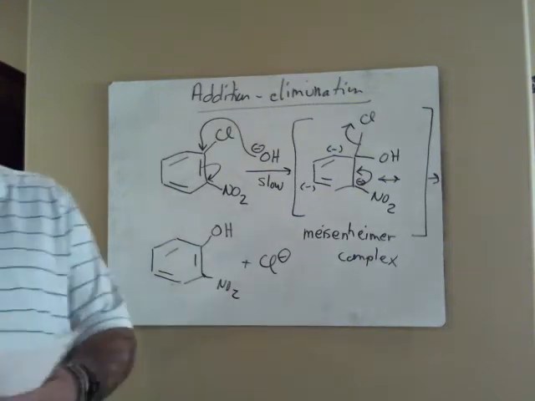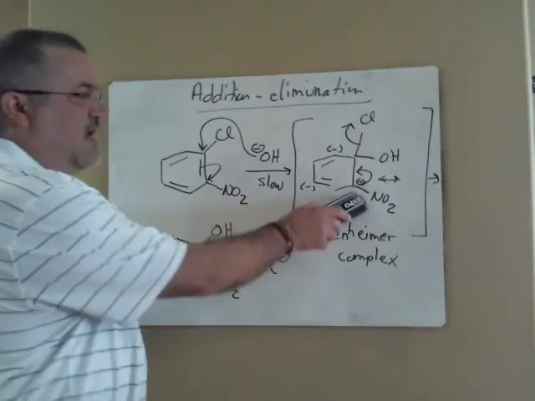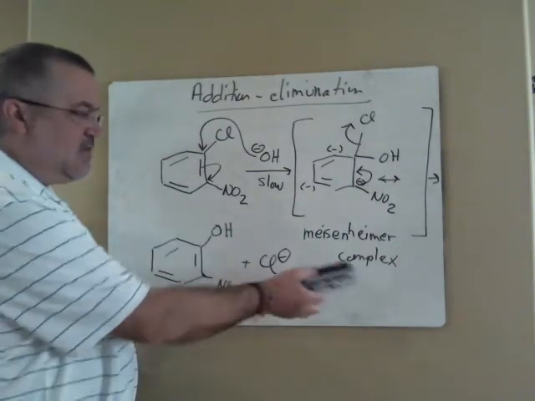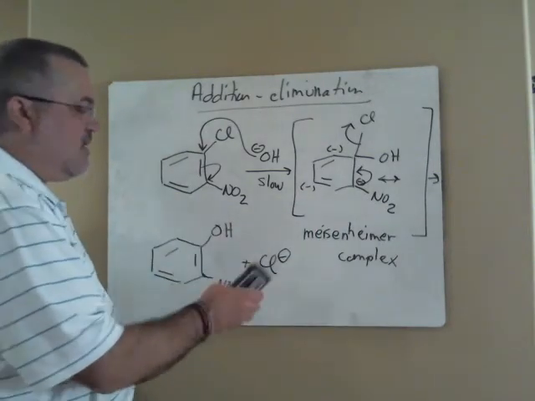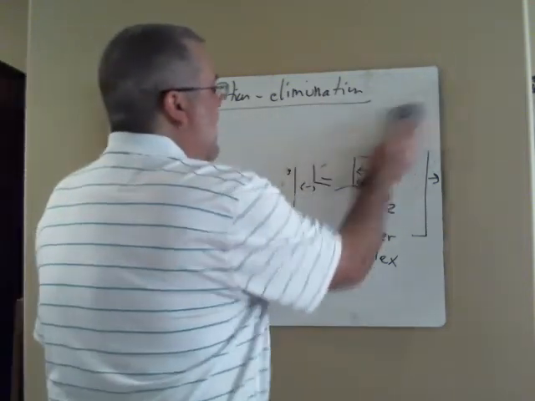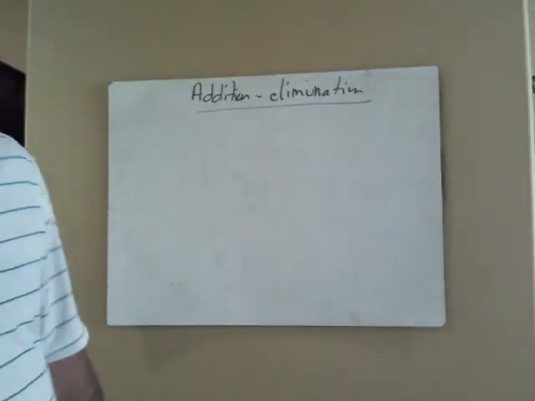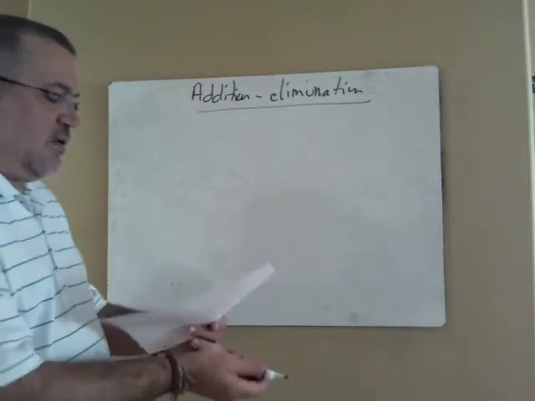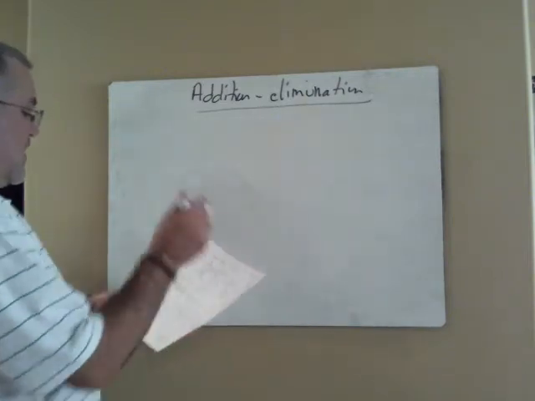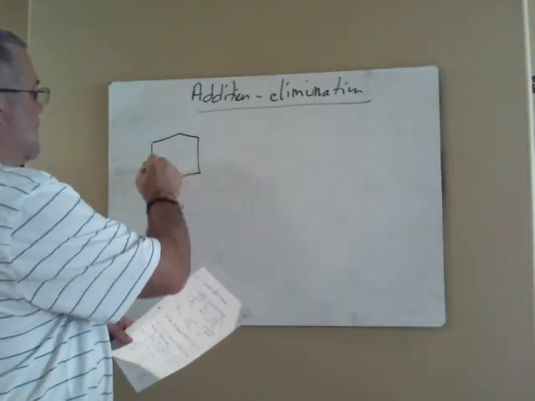Well, it must do what? It must somehow stabilize the intermediate in this reaction, the Meisenheimer complex, because that would facilitate the reaction occurring. So let's look at that mechanistically. And this will be similar to what we did with electrophilic aromatic substitution, where we looked at orientation effects. So we're going to look at a case that we just did,